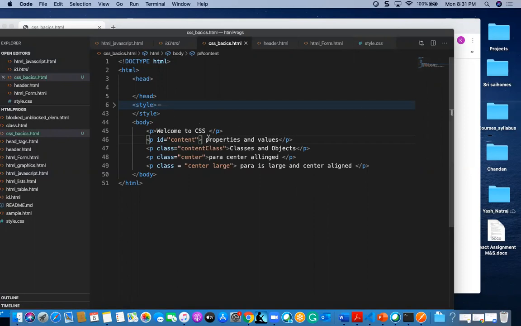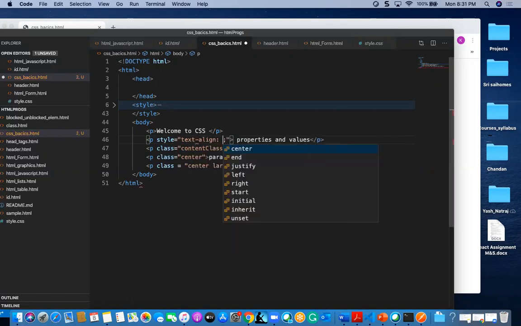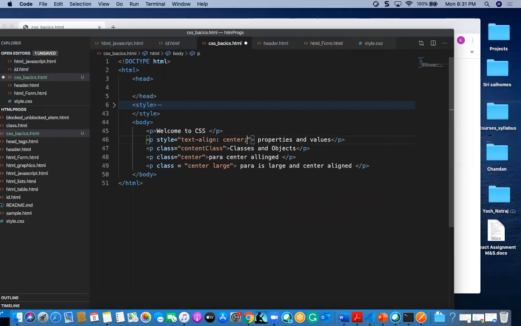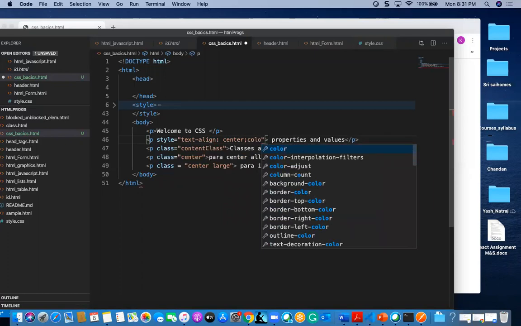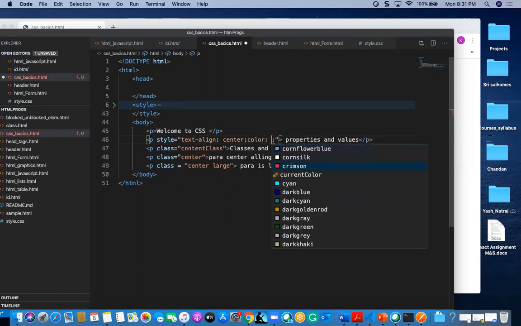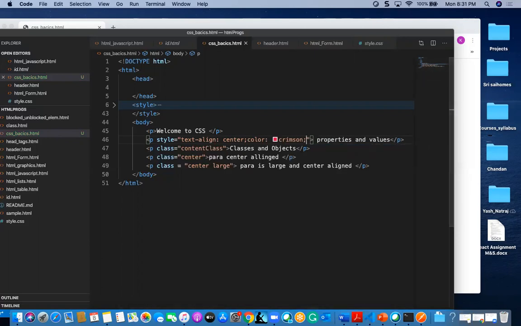Now suppose if I want to give a style for this alone, for example, style is equal to, I am going to give some text align center, and I am going to give some color crimson likewise. So this kind of styling is inline styling. This kind of styling is called internal styling.